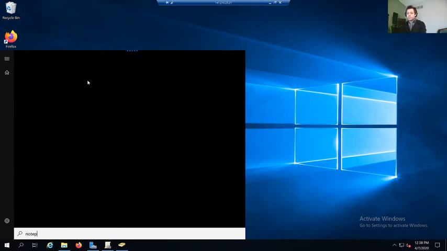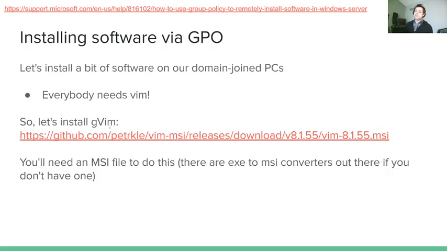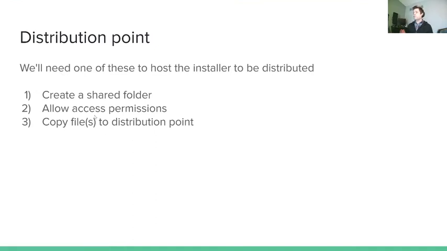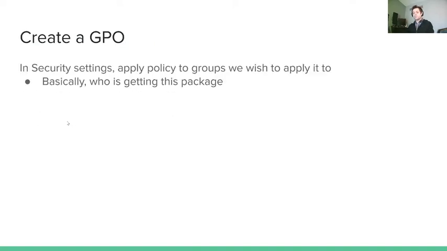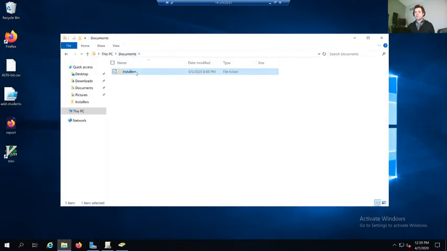Yeah. So this is my primary domain controller. I've got the secondary domain controller .26. But let's say that everybody needs the installers in this folder. So what we need to do if we want to get this to work is first create a distribution point. Now, this is basically a shared folder that is accessible on the network by the system account. So the system account is going to be the one that does the installation. Basically, all you're doing is creating a shared folder and allowing access to it. And then you're going to put the files that you need in there. All right, so in here, I've done this already. So this is the installers folder.